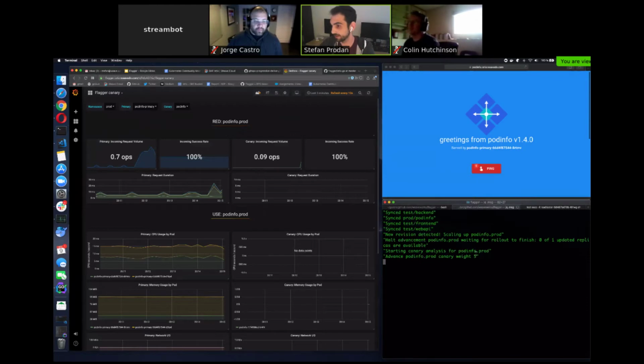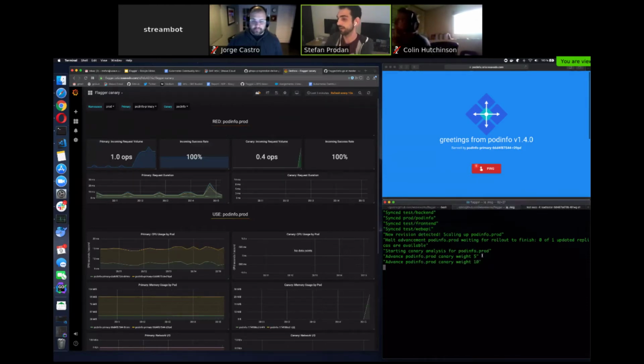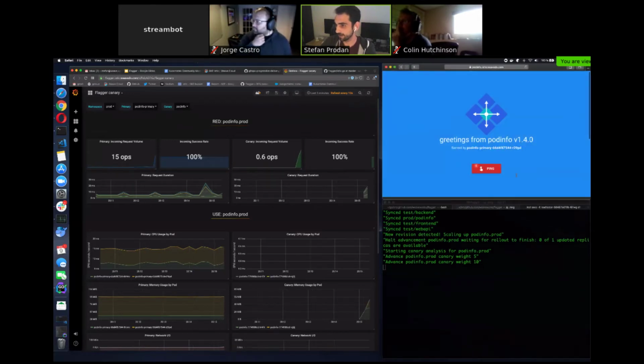So now it started with 5%, and before it started, it also started the load test. As you can see now, my application will change. It will be balanced between the primary and the canary.